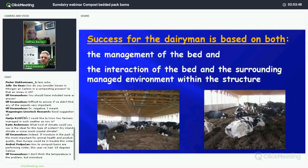There are a lot of questions about how to manage it in different climates. Low temperature, high humidity. I think you will get into that later on in the presentation. Yes, I'll get into some of the environmental issues in terms of climate later and how that is important. Okay. But one of the things too, in relating to the seasons is the fact that we manage the